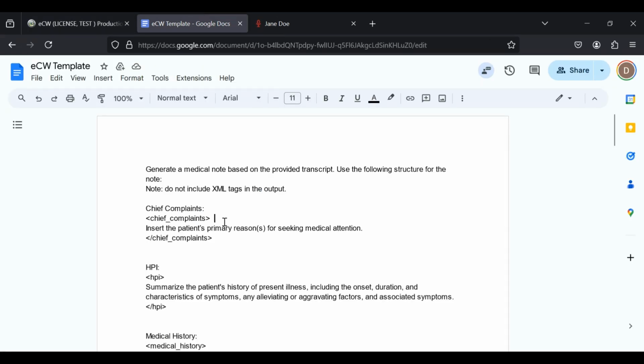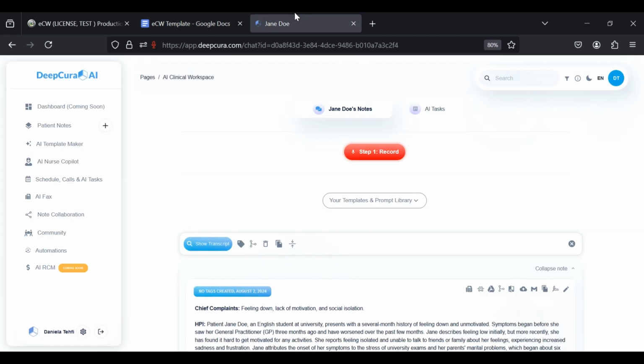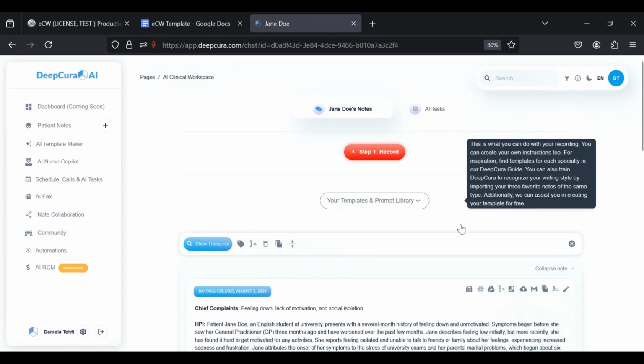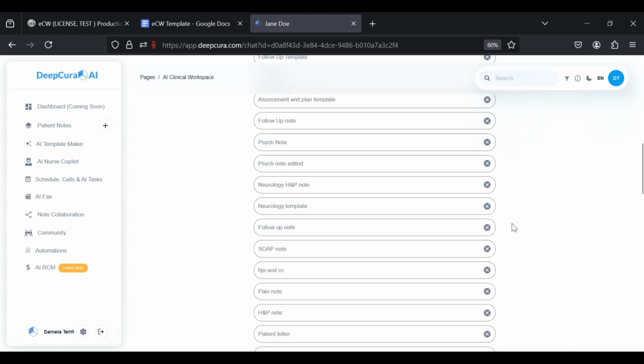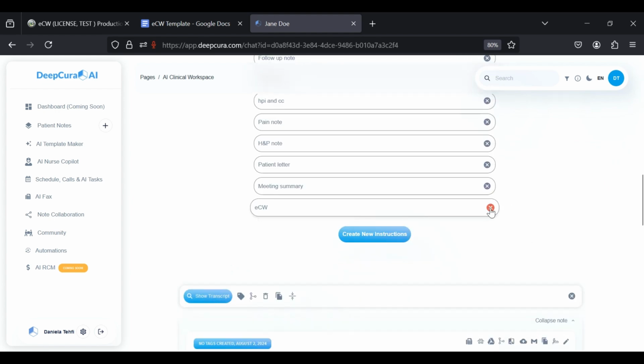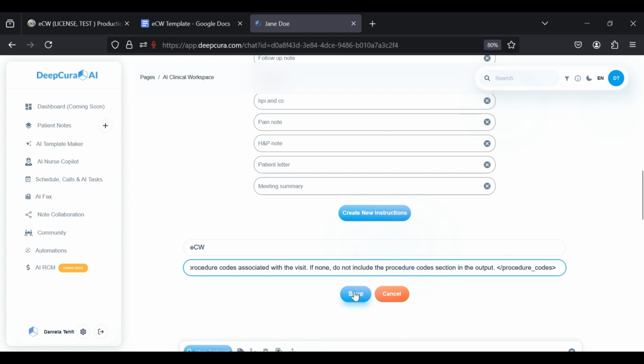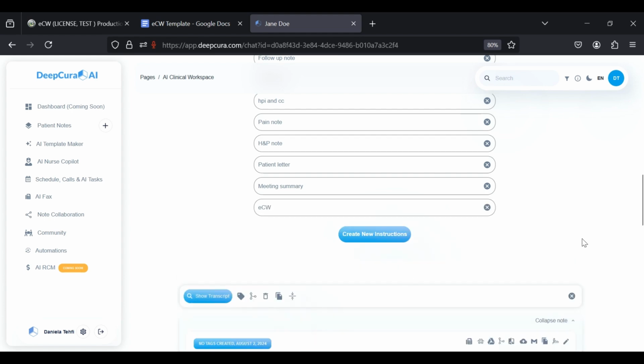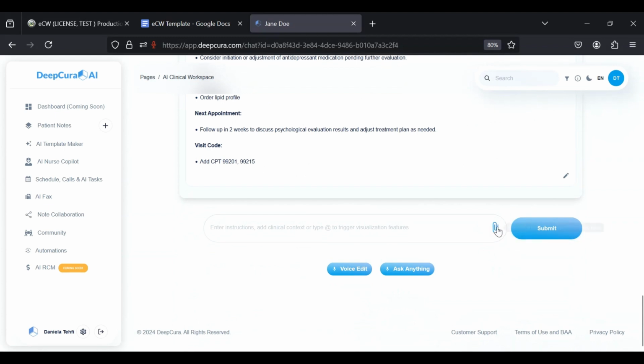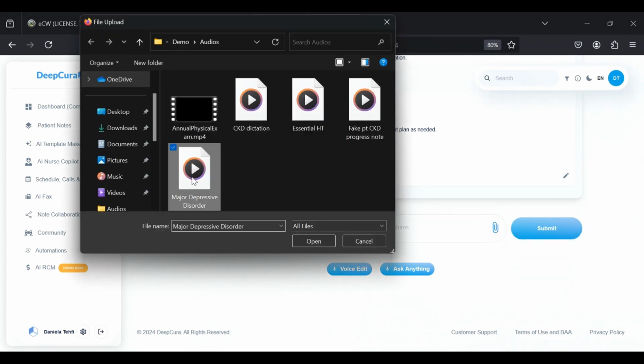So if you go to the template library, you'll find this ECW template, and you can save it into your library like I'm going to do here. Pretend you didn't see that. ECW template there. Let's pretend I'm saving it for the first time and click save. And then you simply pair it with your audio. I am going to attach an audio here